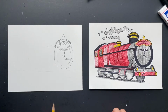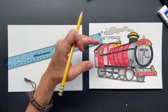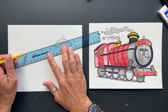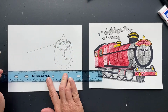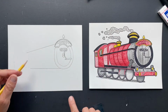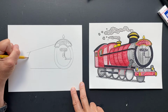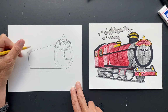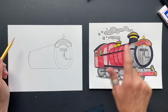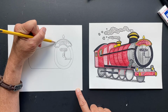All right, so now we're gonna come back here. If you want the train to look like it's going back a ways, so frontal, you're gonna come in here and here. So we're gonna make a line here. And then we're going to make a line to touch here. So now we can draw in the pieces that we want. And this is going to be the back of the circular part. So we can erase this part. All right. Oh, we also could put the top part here. What else do I know? Okay, so we're going to do...